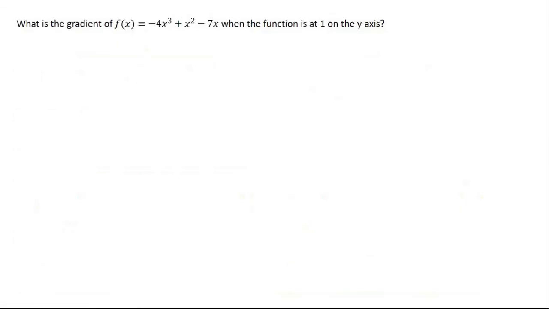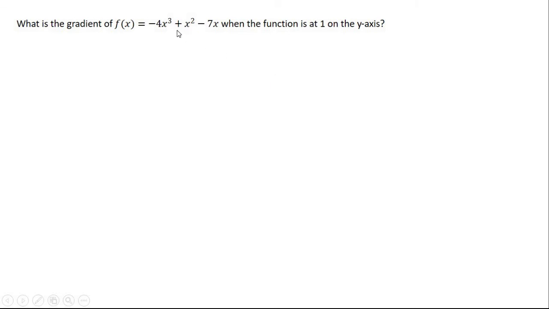Let's look at a more challenging one. What is the gradient of that function when the function is at 1? I'm sorry, that's just not very good. I was just in a hurry. I don't know how to word this well. But basically saying when the function is at 1 in the y-axis direction, when considering the y-axis,